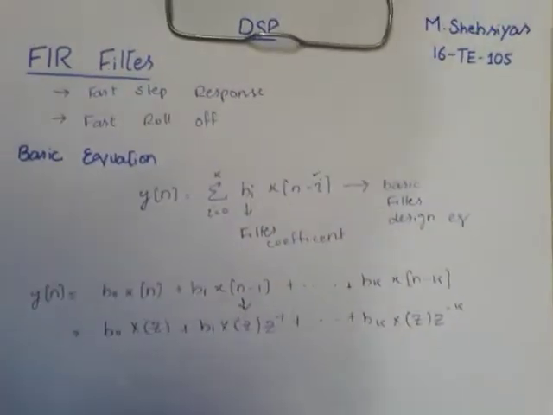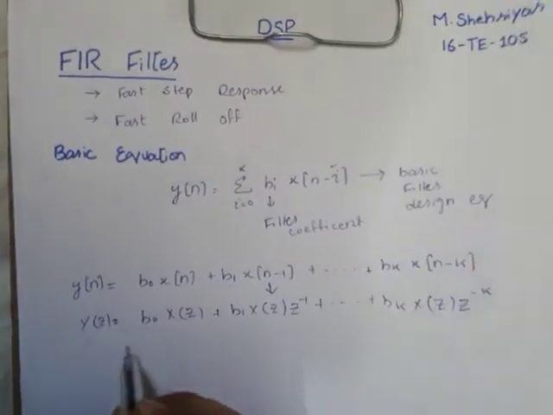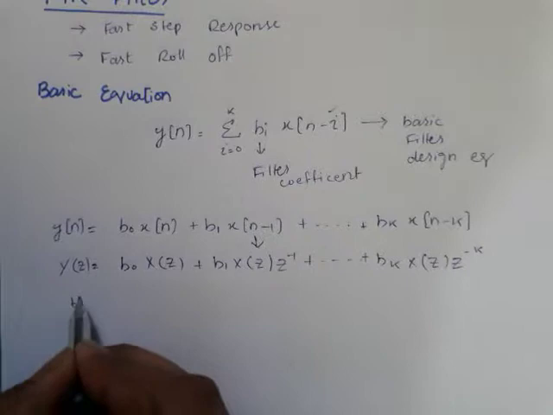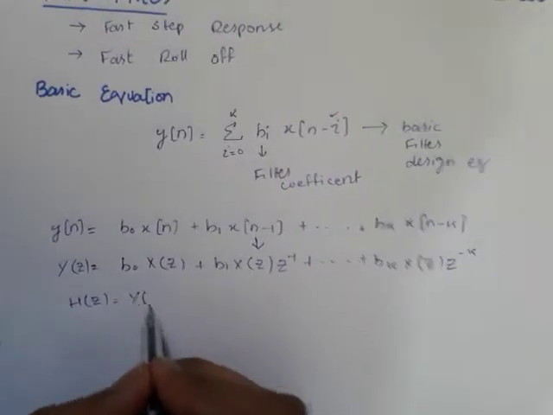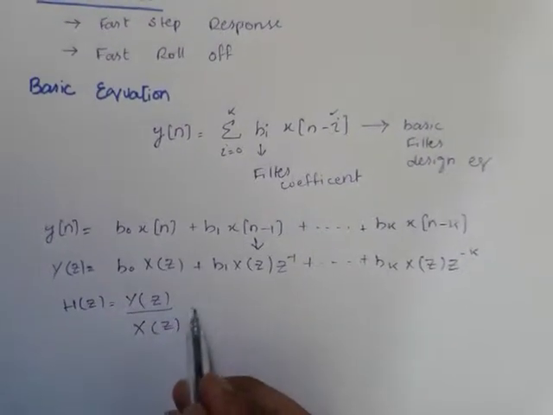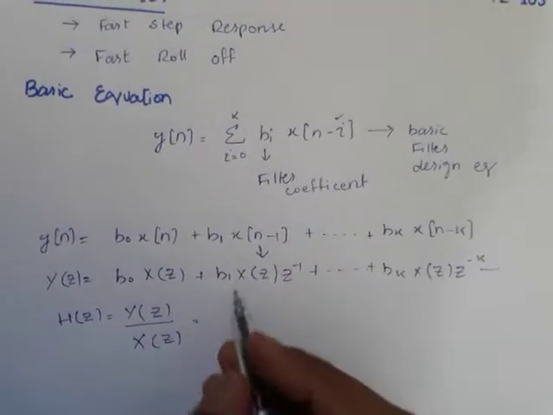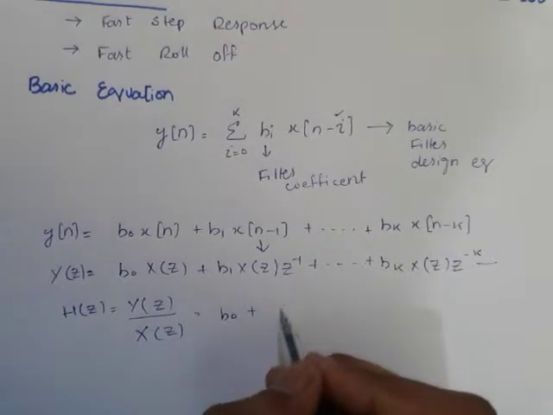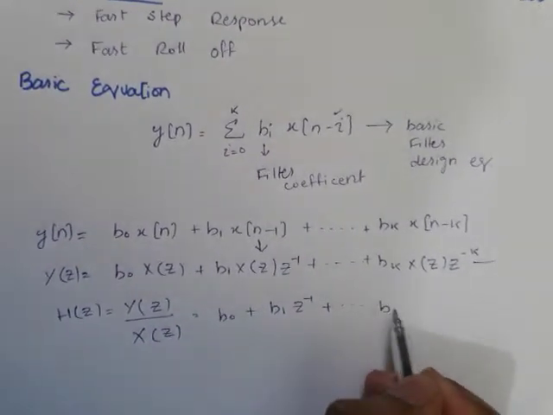Now we will take its transfer function, which is H of z equal to Y of z divided by X of z. Just take X of z common from the above equation, and then we will get b0 plus b1 z inverse plus so on, bk